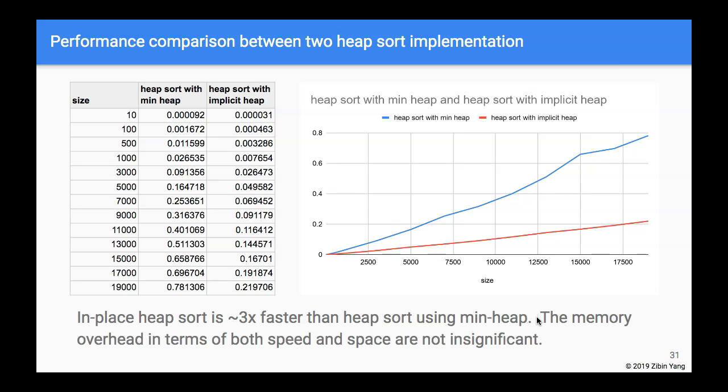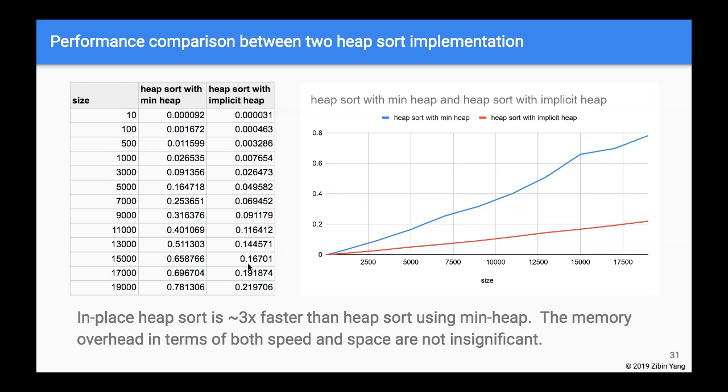So the overhead of using the min heap, both in terms of memory usage, we know it uses more memory, as well as speed, is quite significant. So it's a good idea to do the in-place